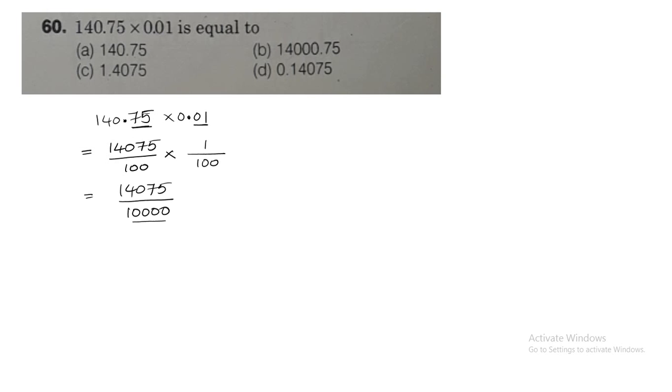Now whenever you are having 4 zeros, if you want to write this particular fraction as a decimal, after the decimal place, that many zeros means that many place values. That means I can write it as 1.4075, because here we are having 4 zeros. That means after the decimal point I should have 4 decimal places. Since the numerator contains 5 numbers, I can directly take only 4 numbers as the decimal places. So answer is